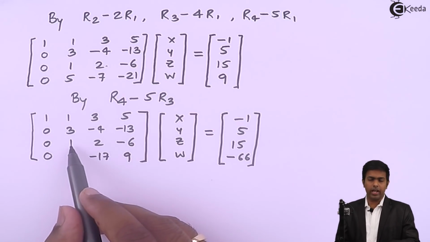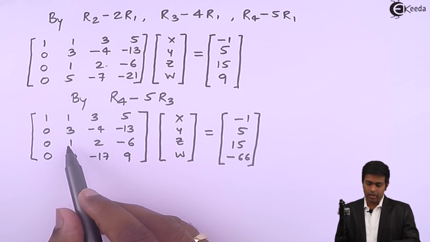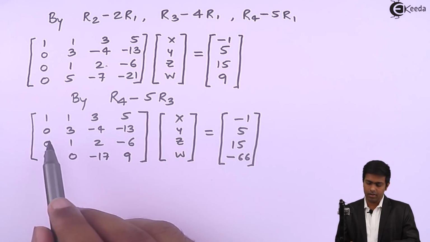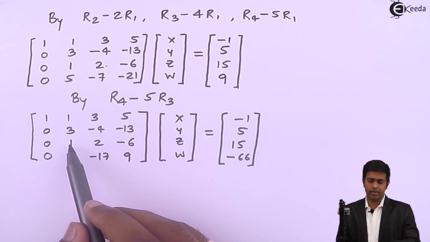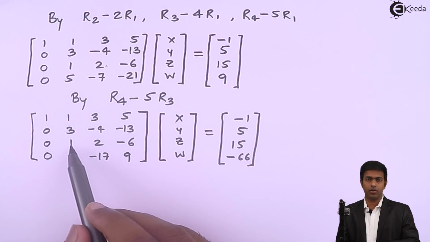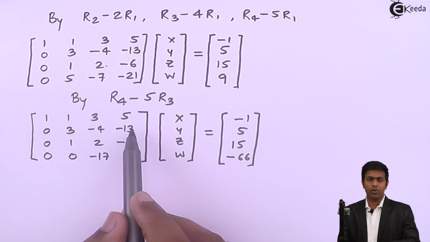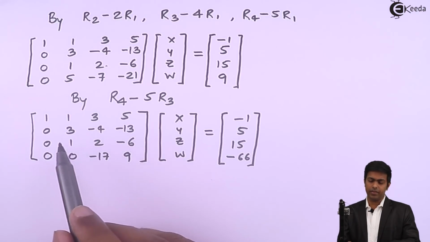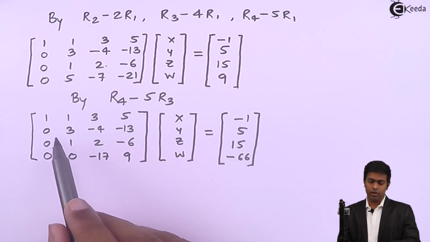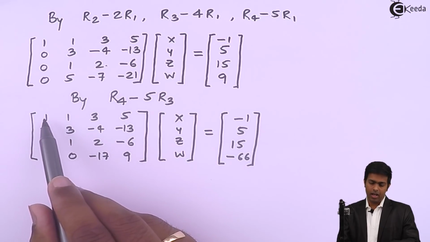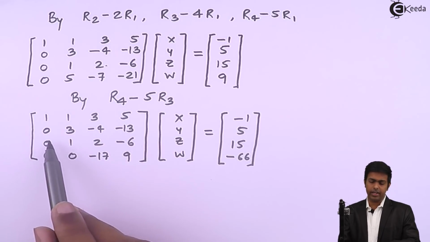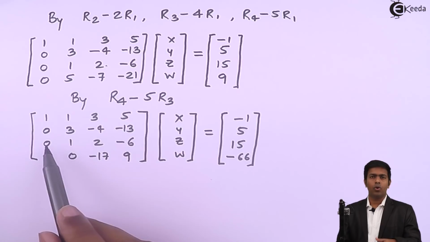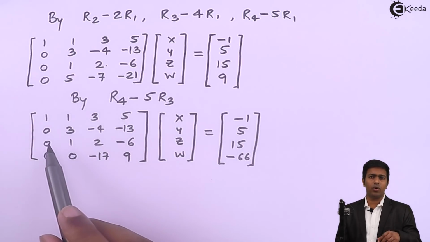Now to make this 1 as 0, I have to either subtract R1 from R3, so 1 minus 1 will become 0, or this is R2, so R3 minus 1/3 times R2. But guys, if I do R3 minus R1, then you can see here that we have 1 here, and due to that here we will get negative 1. So this 0 will again become a non-zero element.